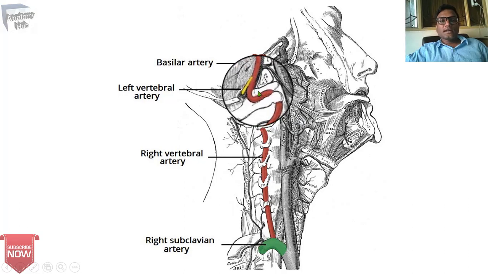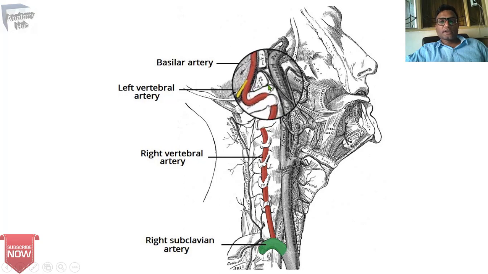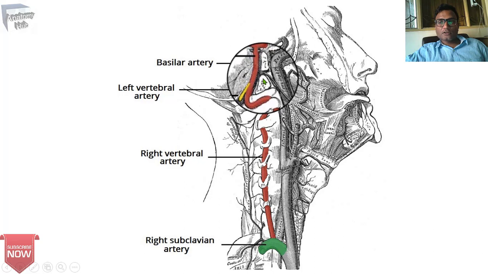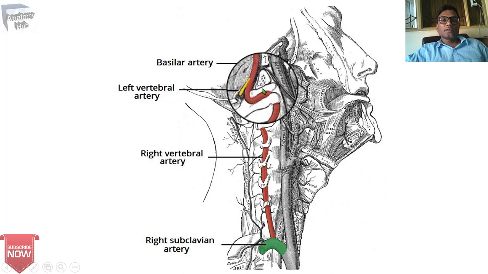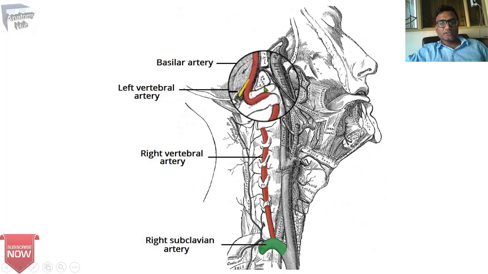So here in the atlas you will find the uniqueness of the superior articular process and the condylar process of the base of the skull. They articulate over here and make the atlanto-occipital joint. So that makes the yes movement. The no movement, or rotation, can be done at the atlanto-axial joint.